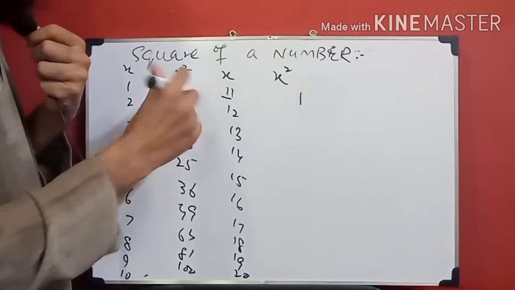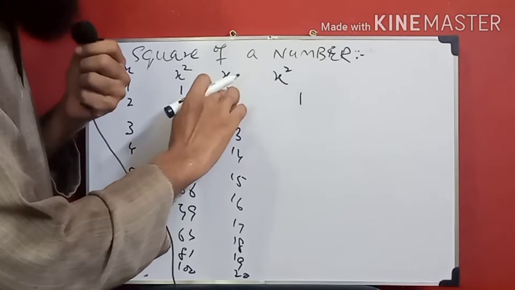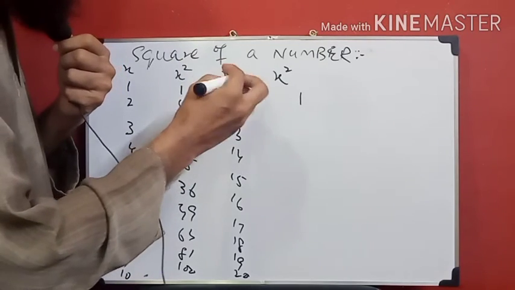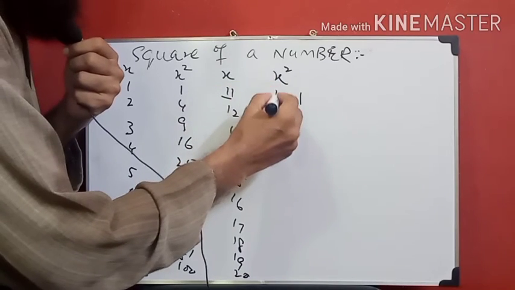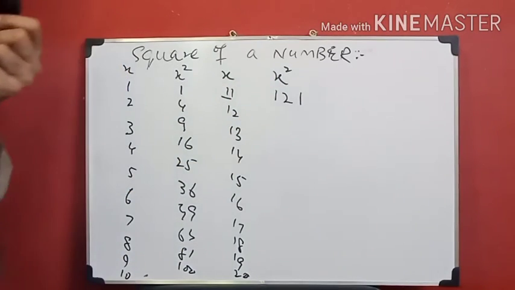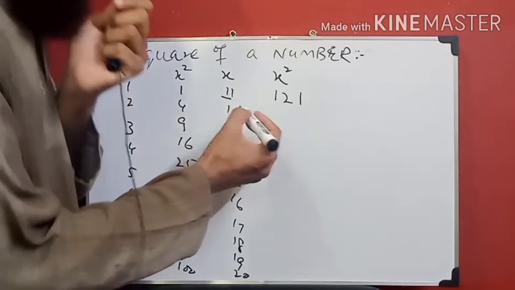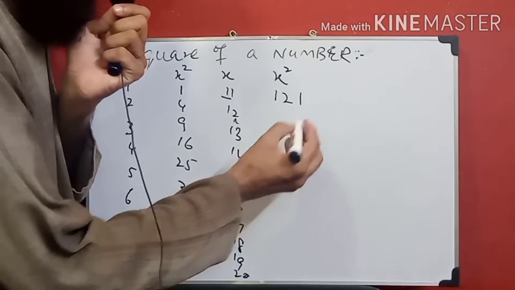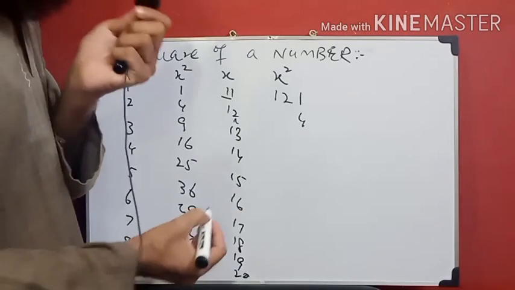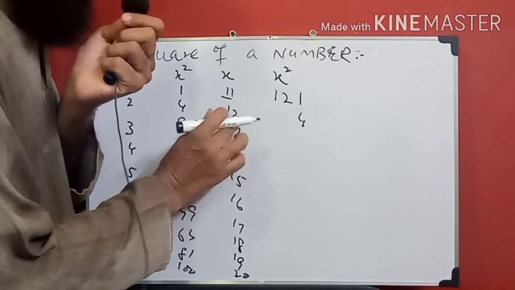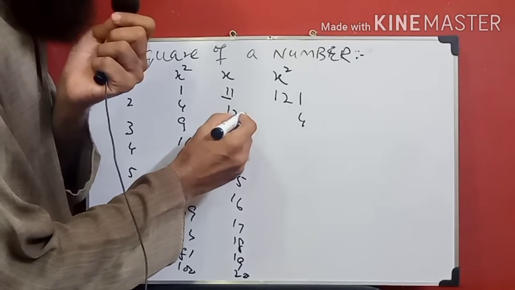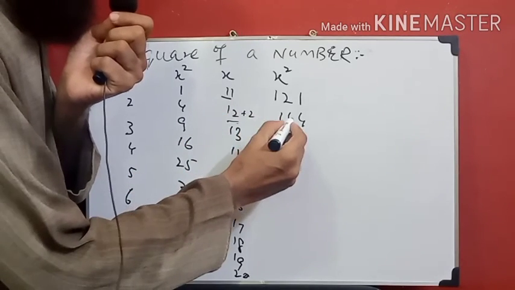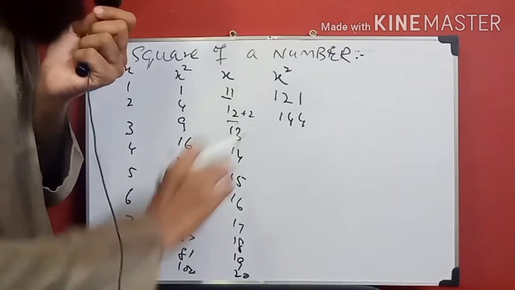And now this number is 11. To the 11, the right side or unit digit is added. So that means 11 plus 1 is 12, and it comes as 121. That means the square of 11, 11 11s are 121. Similarly, we come to the number 12. The square of the 2, first we write 4. And then the number we read, 12 plus 2, comes as 14. The square is 144.